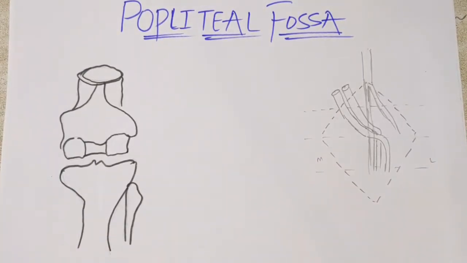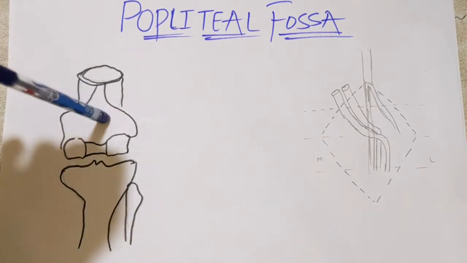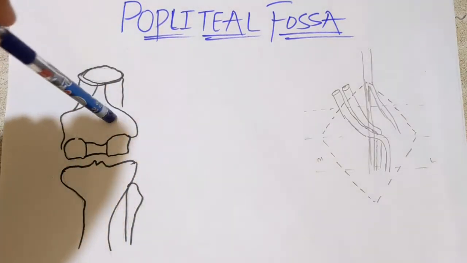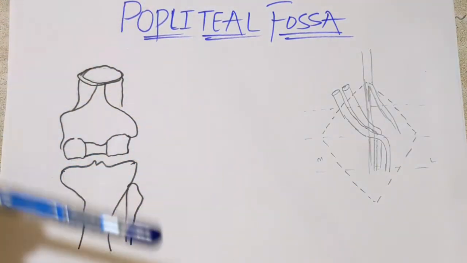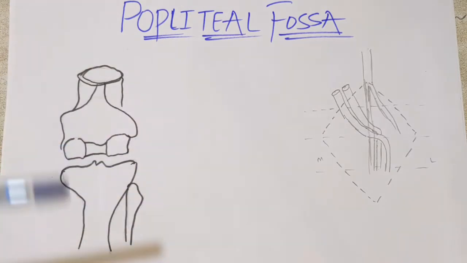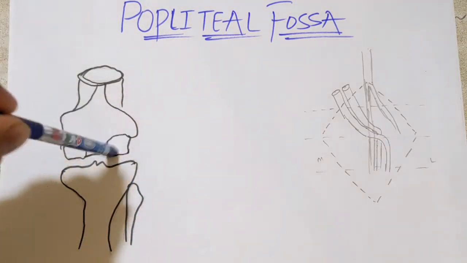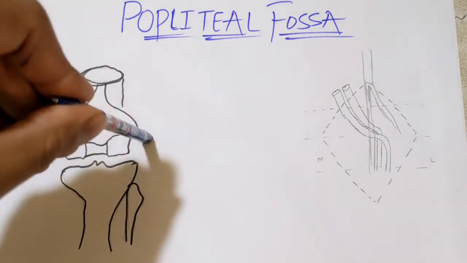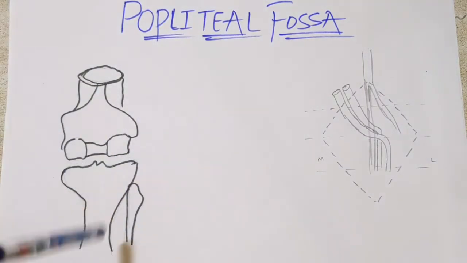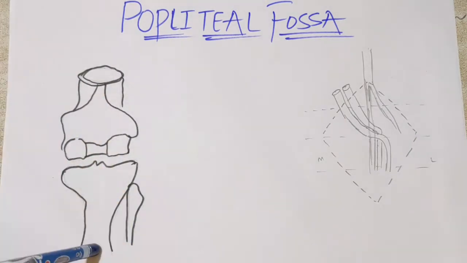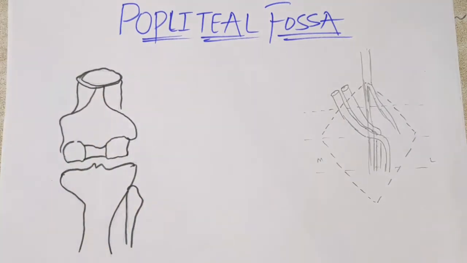So in this video we are going to discuss the popliteal fossa. This is another structure in the section of our lower limb muscles topography. The popliteal fossa is related to your femoral triangle and also to the adductor canal, because the nerves and vessels passing from the thigh to the lower limb pass through this fossa. Before watching this popliteal fossa video, you must watch the videos on the femoral triangle and the adductor canal. I have made videos on those topics also. It will be easy for your understanding of the popliteal fossa.